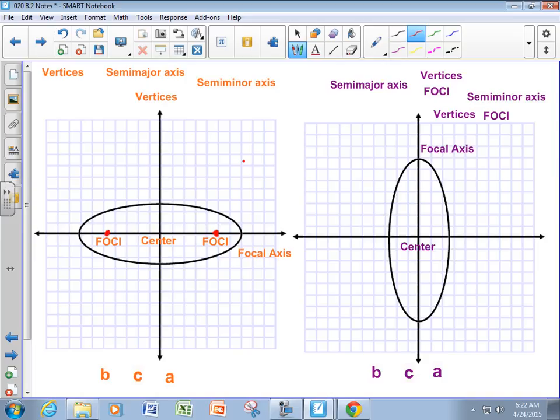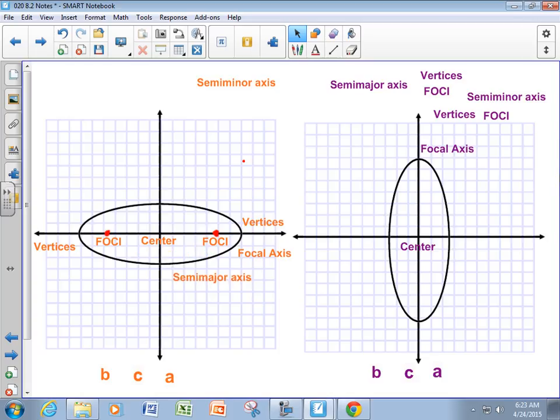All right, so there's our foci. The vertices are also on the focal axis, and it's where the ellipse intersects the focal axis. So our vertices are here and here. And we talk about a major axis and a minor axis. Major is the focal, minor is our other one. So if you have a semi-major or a semi-minor, that's just half. So semi-major is basically from the center out to a vertex, and then semi-minor is going to be from the center